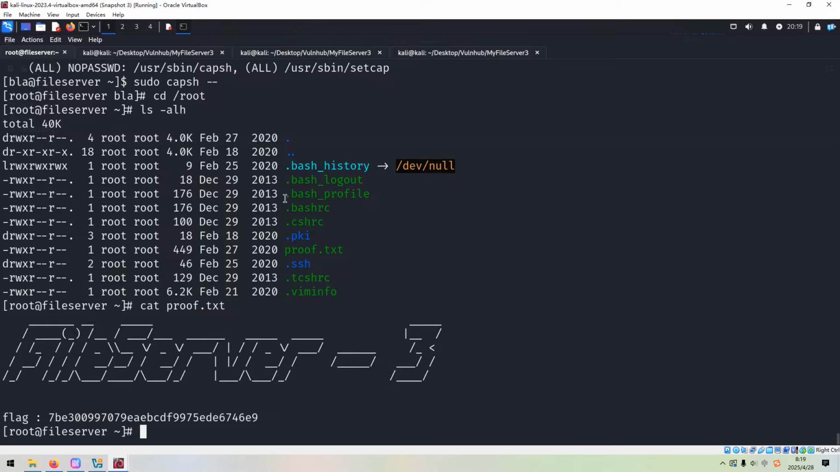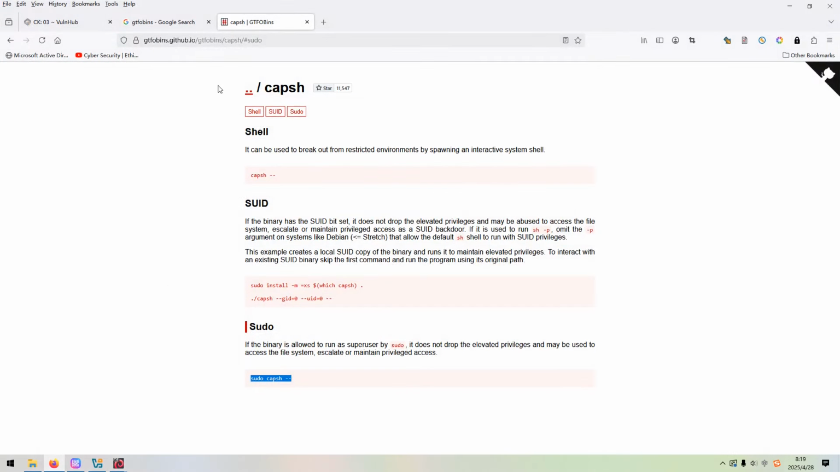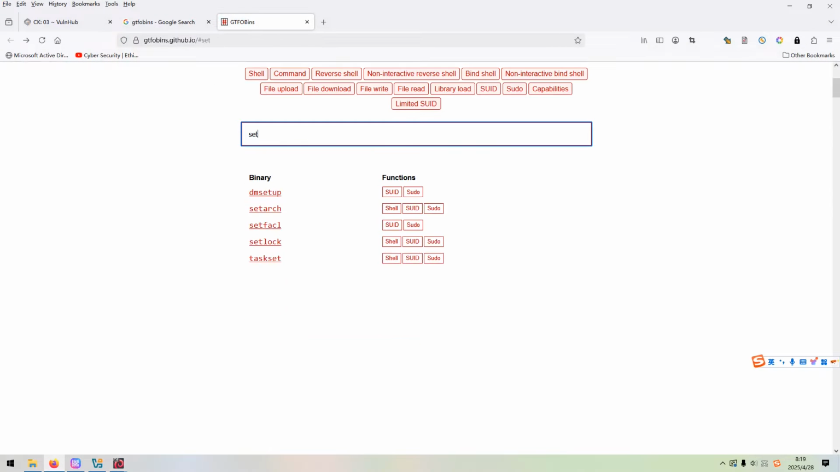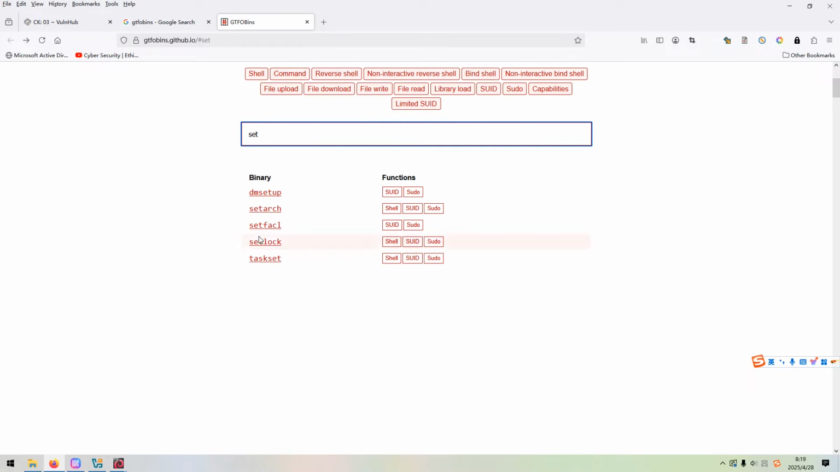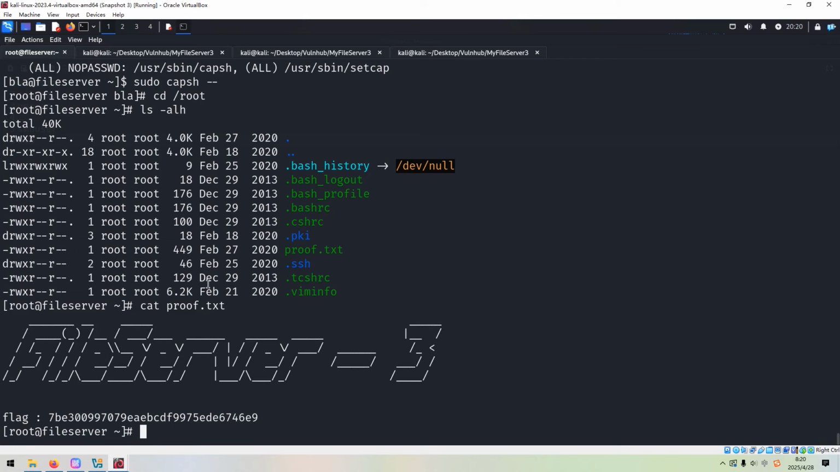Also, alternatively, maybe we can utilize this one. So let's go back. Setcap. Oh, I think this is not a standard library, or maybe it's standard, but this website has not included this one, or it's not vulnerable. Okay, so anyway, we have already done this machine,